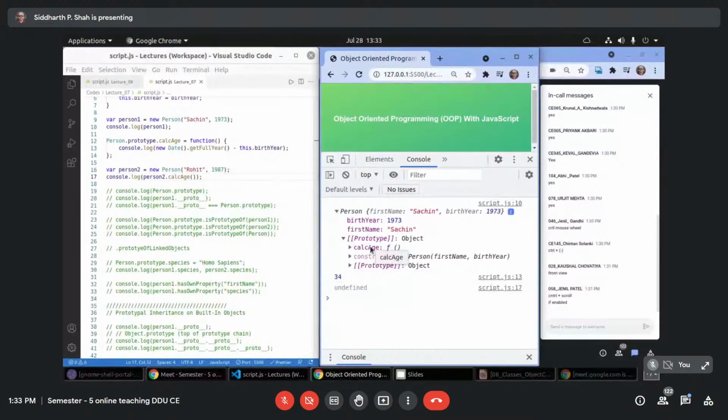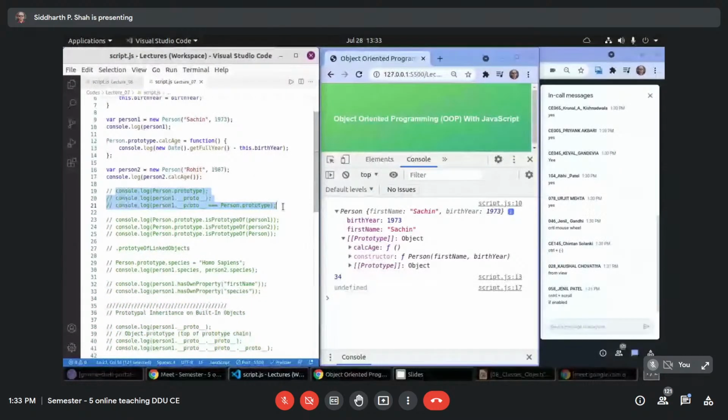It is there, right? And this is nothing but the age of person2, which is calculated using this method that you can call on person2 or person1 or any object of Person. What it does is simply give you the current year minus the birth year. So this is where we stopped.